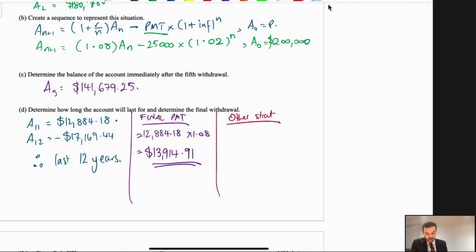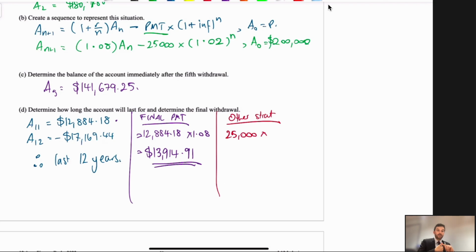Now, if you want the other strategy, like what we normally do, what we do is we know that A12, they've overpaid by $17,169.44. The problem is that, well, what amount did they withdraw from the account? Remember, it was 25 grand, but they're increasing by 2% every year. Now, to work out how much they draw out at the end of the 12th year, you use this equation here. 25 grand